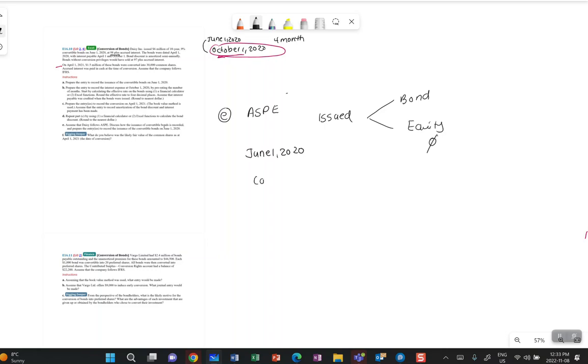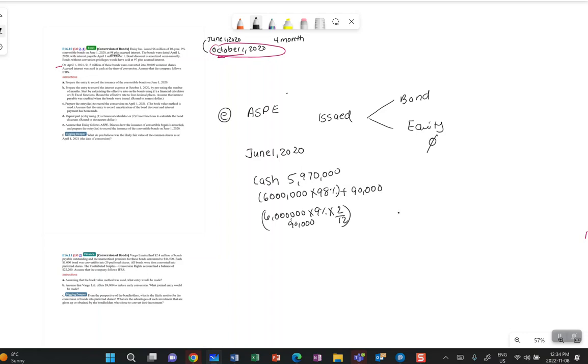So again, debit will be cash. How much will that be? The face value of your bond is 6 million, and we issued it at 98% plus your accrued interest. Accrued interest is 90,000. Again, how did I get the 90,000? You have your 6 million, you multiply by the coupon rate times 2 divided by 12, and that's how we got the 90,000. So in this case, the cash we received was